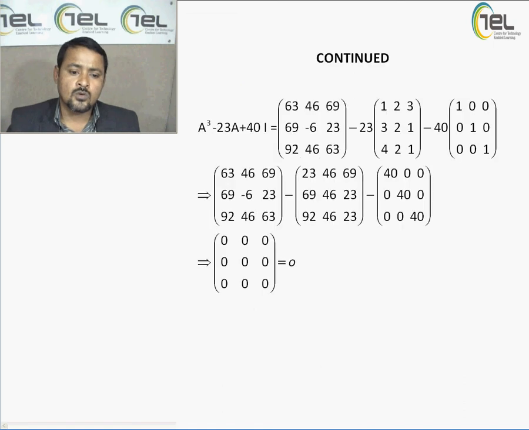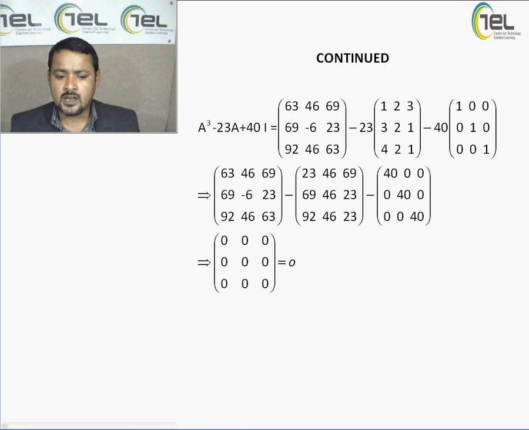Now we come to the identity matrix. A cube we have already got. 23A is the scalar number 23 multiplied by matrix A, and 40 multiplied by the identity matrix. The identity matrix is a diagonal matrix whose diagonal numbers are exactly equal to 1. So 40 into the identity matrix, that is a scalar matrix. Now